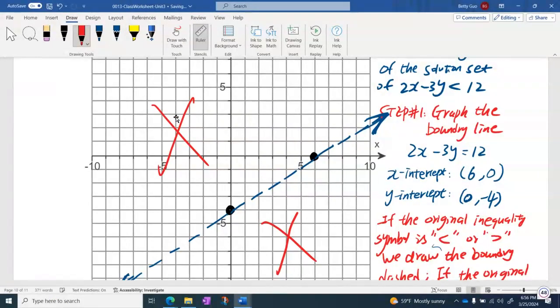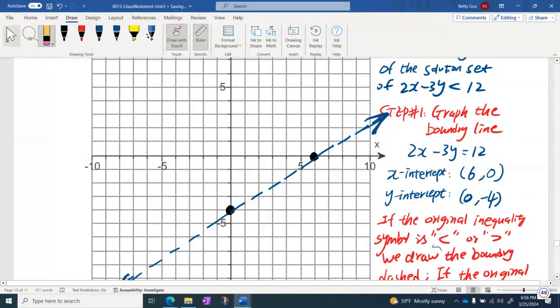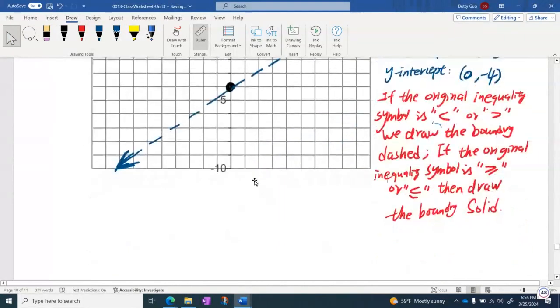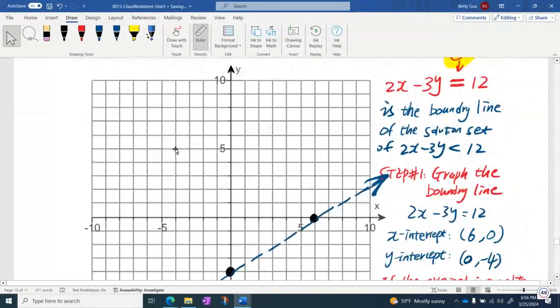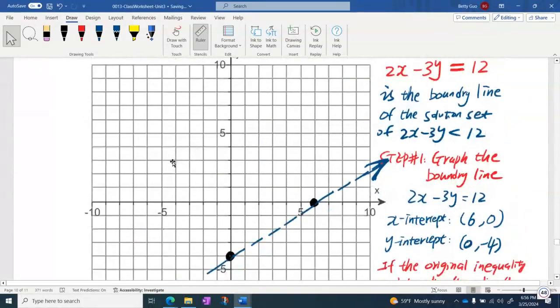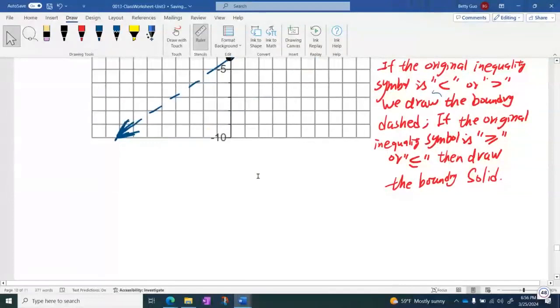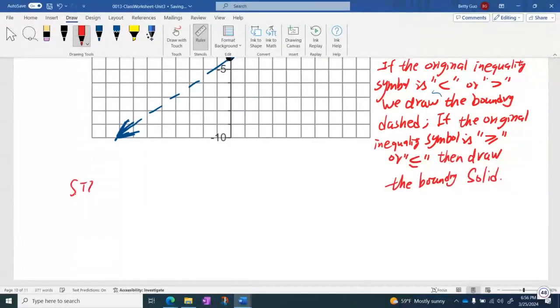One of the half planes is going to be the solution set of the inequality. In the second part, we are going to figure out which half plane is the solution set. So part 2, step 2,